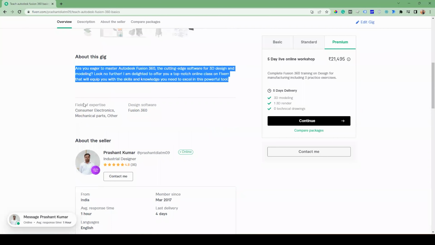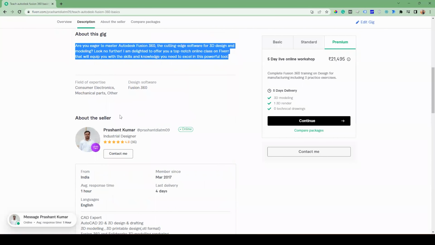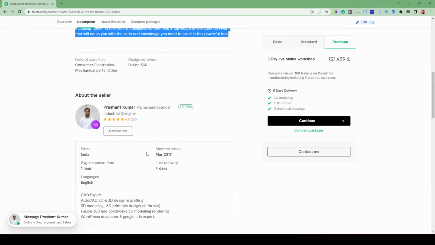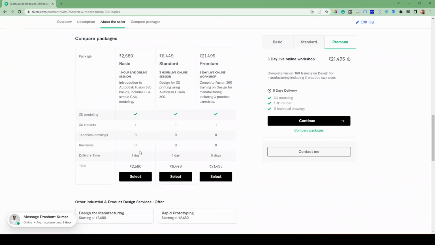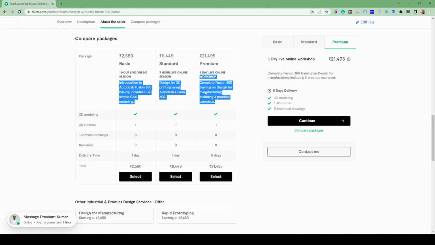Then I had defined the field of expertise. Whatever the options inside your gig, you have to select everything. You don't have to leave anything blank, otherwise your gig will not be complete and it will not be well optimized. So this is the first thing: whenever you are creating your gig, try to include everything. Here you can see in the package itself, I included all the information, like in the basic package what things I will include, and then in the standard, and then in the premium package. And I had made sure that